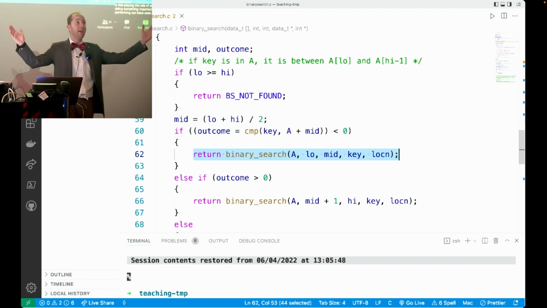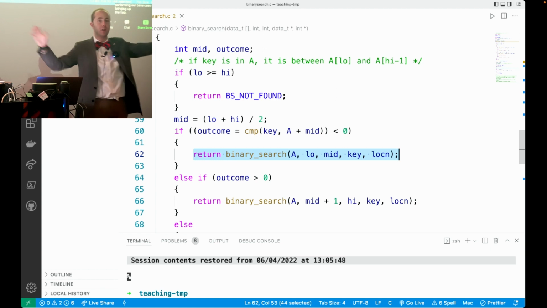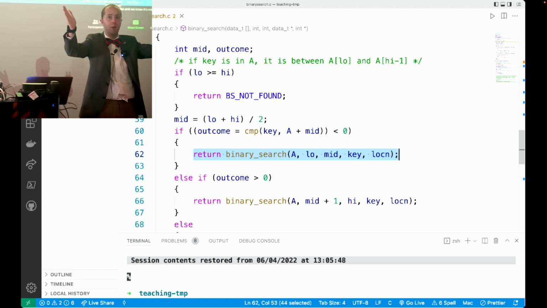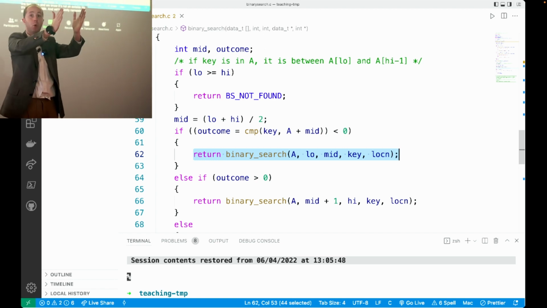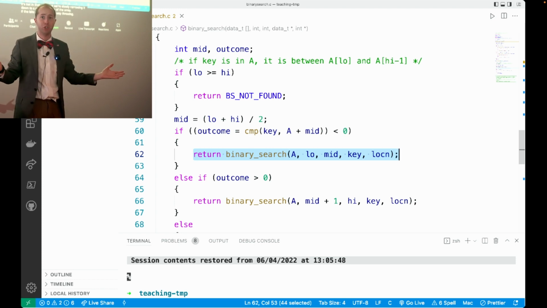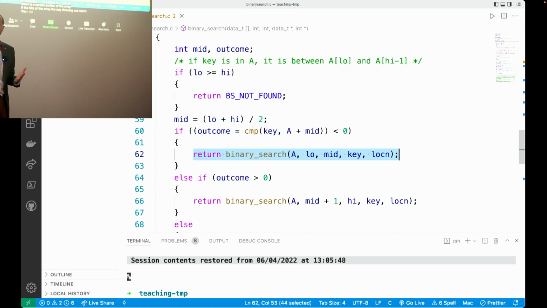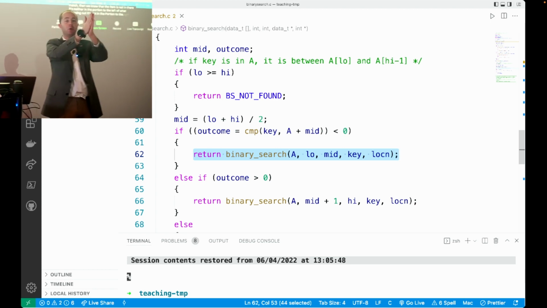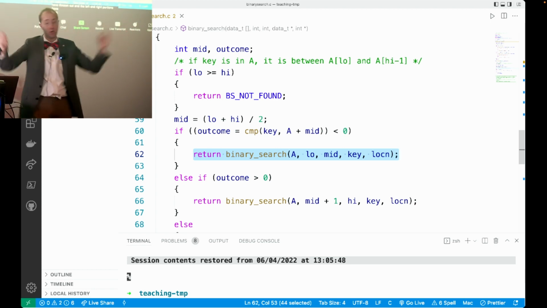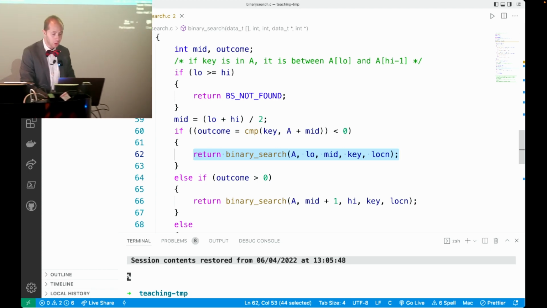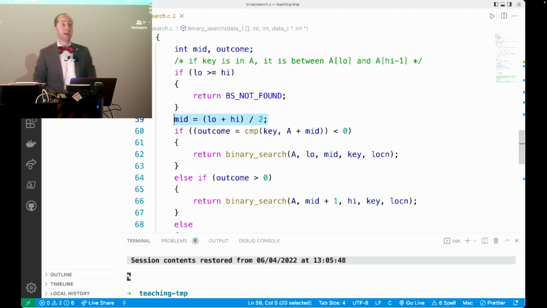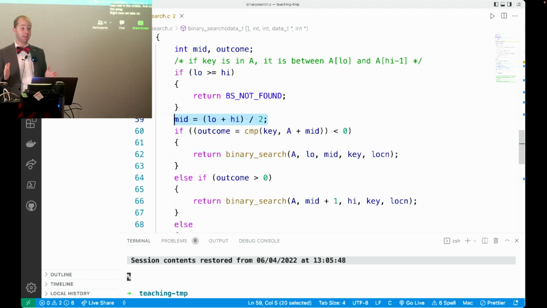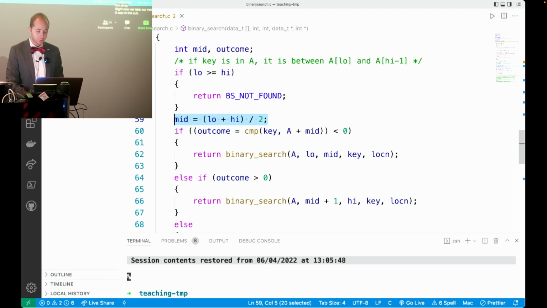So if we're narrowing down the two sides, we know it's not in that side, no it's not in that side, and we're slowly narrowing it down to a certain portion of the array. If the bits of the array that we're throwing out match, then we know that the item is not in there. It's neither in the portion to the left that we've thrown out, nor the portion to the right we've thrown out, and the left and right portions have now met in the middle, and so it's not anywhere in the array. Great. Now we take our midpoint, this is exactly as it was in the pseudocode,